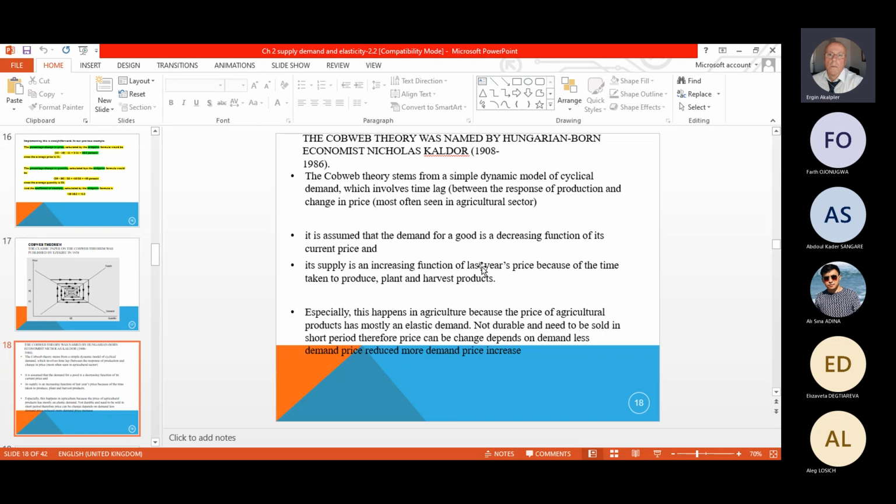which increase and enlarge the amount of production in one period, and in the other period, if it is too much, they reduce the planting, because the abundant product in the market will decrease the prices, and mostly the farmers and producers don't like lower prices. This is why supply is a function of the last year's or former year's prices. Especially this happens, as I said, in agriculture, because agricultural products are very easily